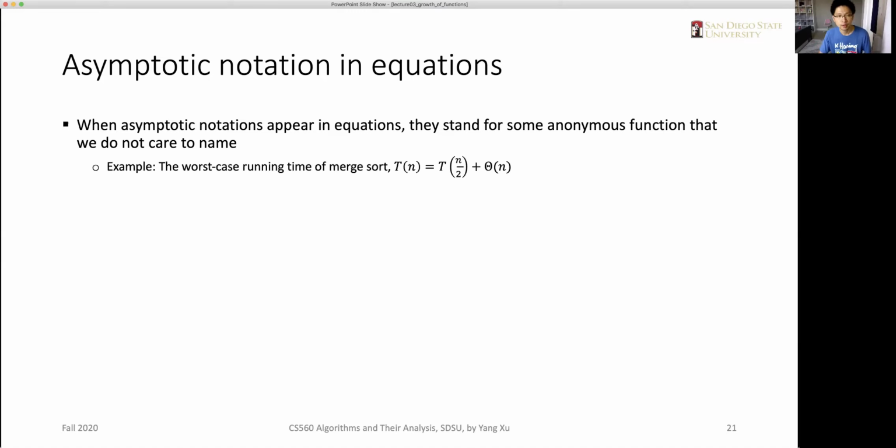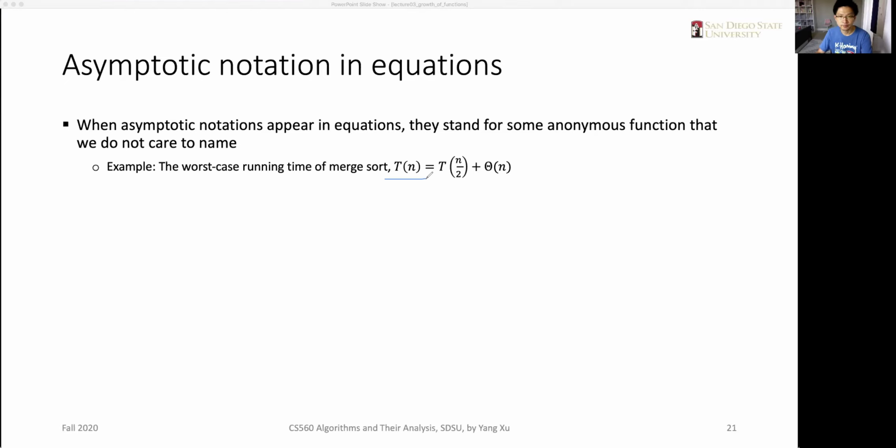For example, when we say the worst case running time for merge sort, when we use the asymptotic notation in the recurrence equations, we can write the running time for the input sequence